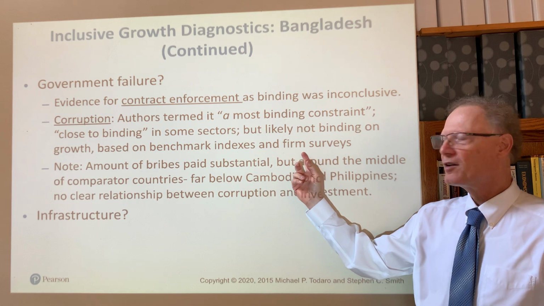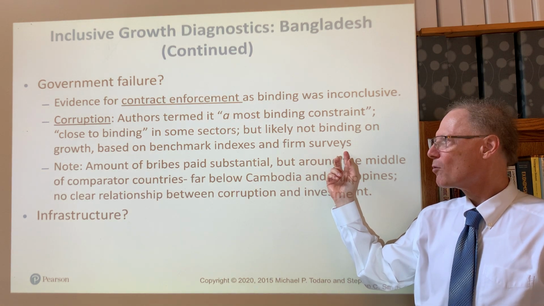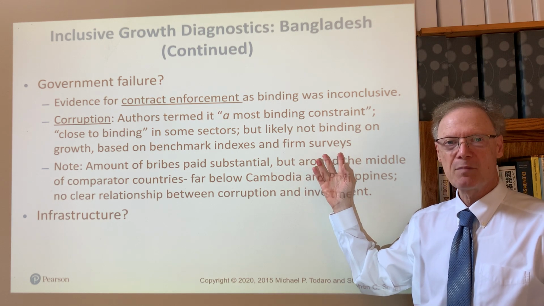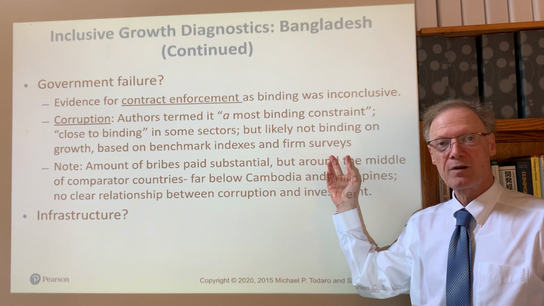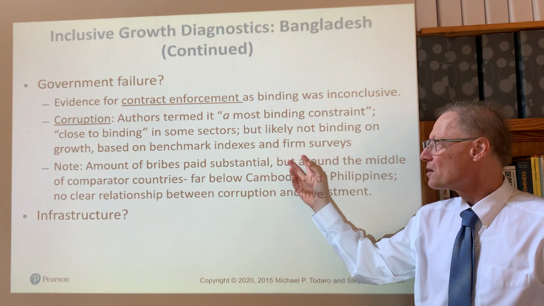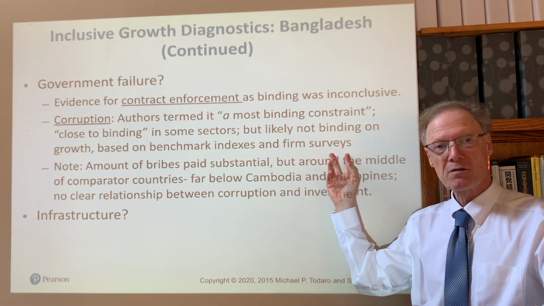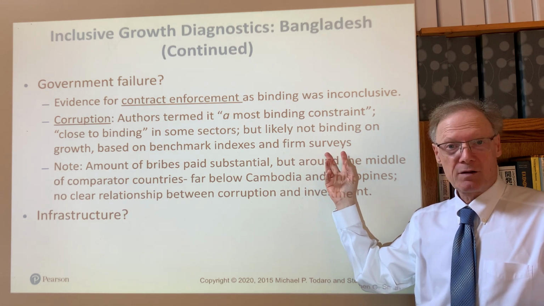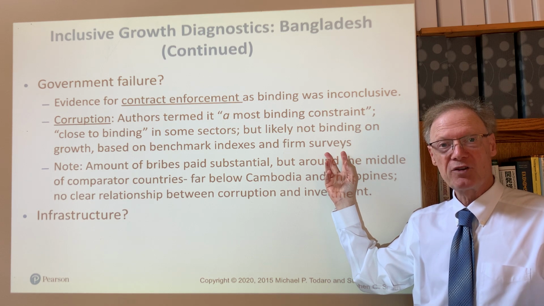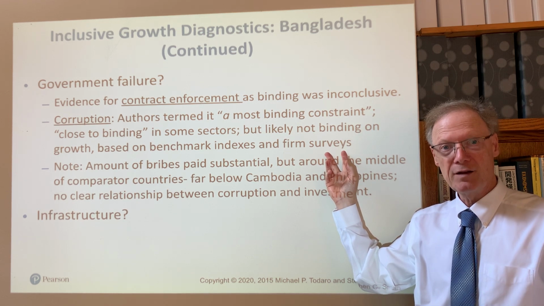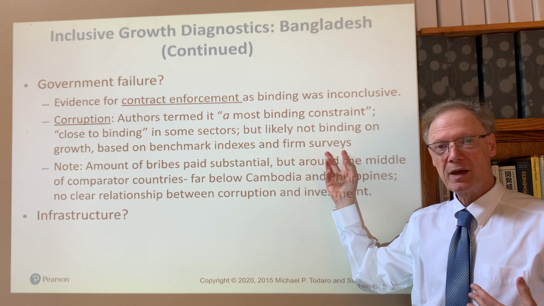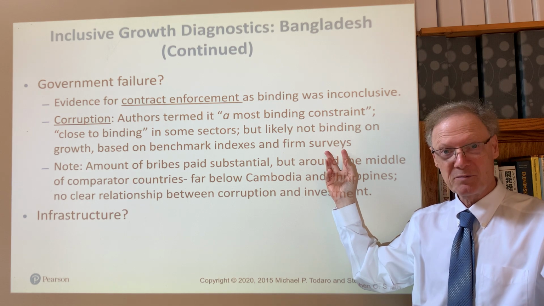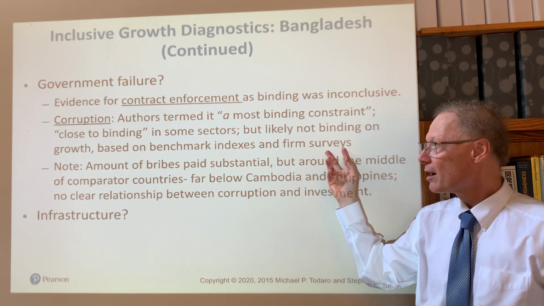And so I mentioned that firm surveys were one major source that's often used in order to answer these questions. And in Bangladesh, the firm surveys that were done did not find that firms were addressing corruption as what was holding them back, which is already kind of striking because, well, first of all, corruption anywhere it exists does need to be eradicated. And also because there is a kind of thinking fast idea of saying, what's your problem? Corruption. So it was striking that they did not.